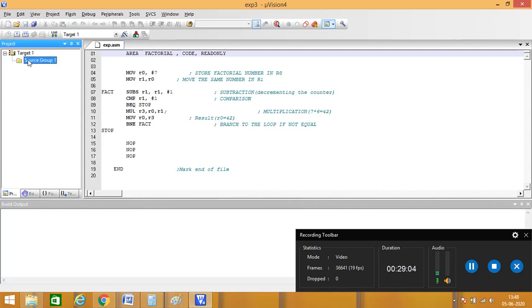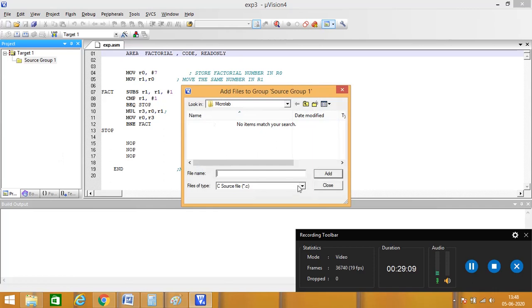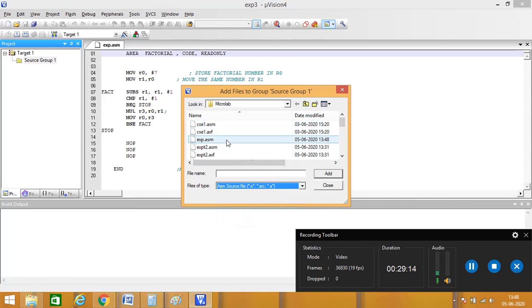Save, right click, add files to group, .asm, find your exp.asm. Find your project, that is exp3.